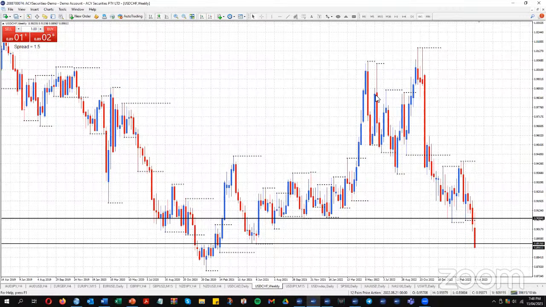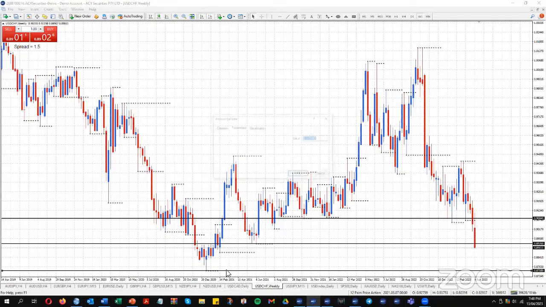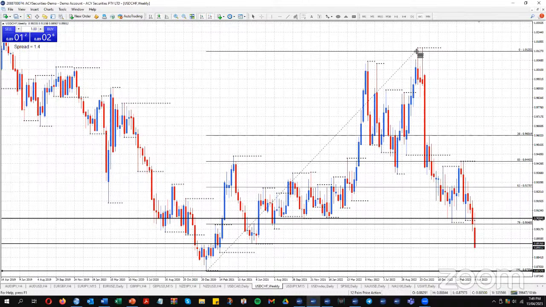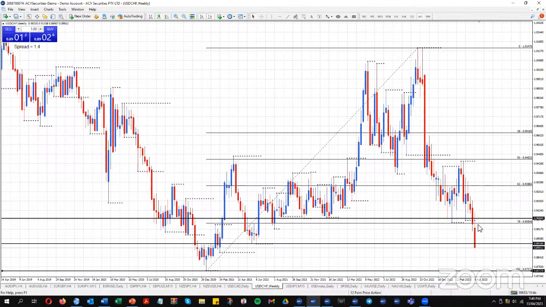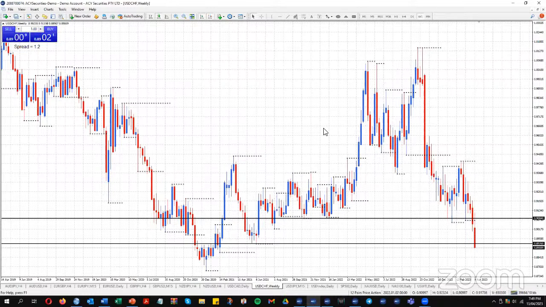All right, I just want to put in the monthly levels at the moment. I'm just going to be monitoring these levels. 87.57. We're obviously getting into deep discount within the range that this pair's been trading for many years. We're well below that 79% level at the moment, so that doesn't mean anything right now. But just be aware that we're at very low levels. We're going to continue with a downtrend long term. These two weekly lows here,